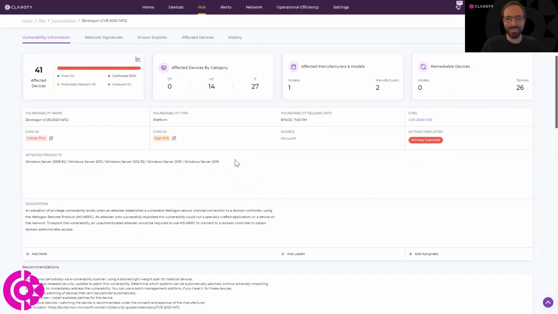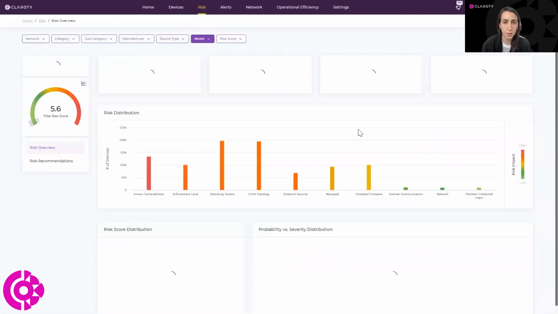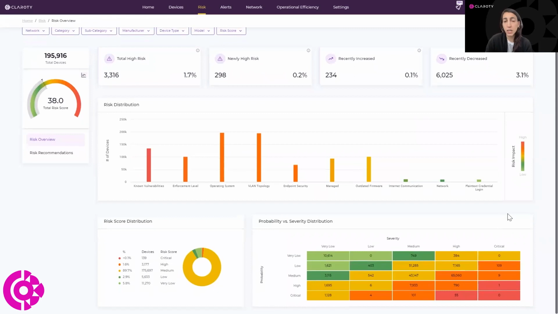Right. Good to know. And how do we know what's more probable based on the table from that risk dashboard? I'm guessing here we're talking about the probability versus severity table. How do we know what's more probable? So if we can even go back to the risk overview and take a look at this figure. So yeah, exactly. So when we